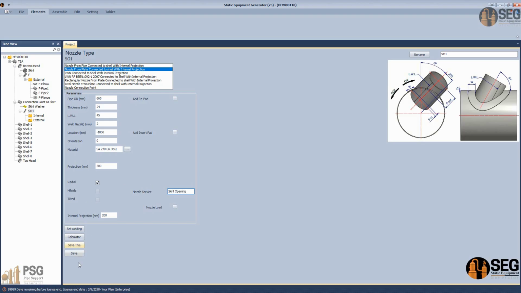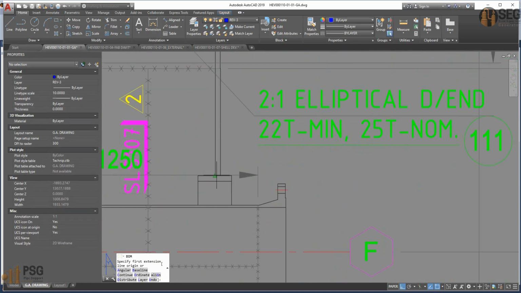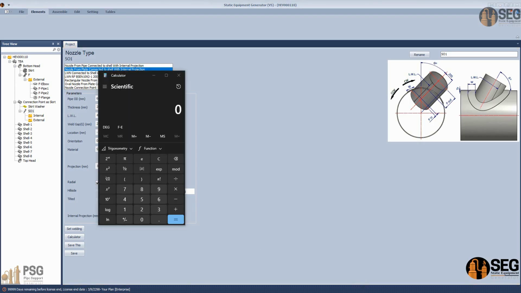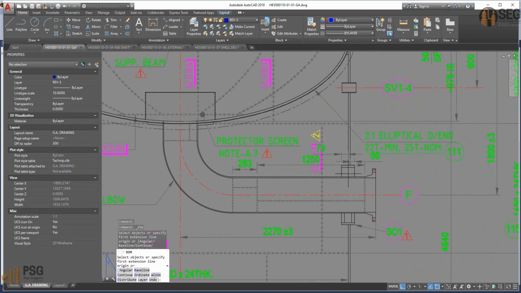Okay, that's the surface of this one, and the projection we can measure directly from here. So if you come here like that and measure that one, it's 7.9, and for that one it's 50. Okay, so 7.9. And for the external projection, we can do it another way, which is if we measure the value